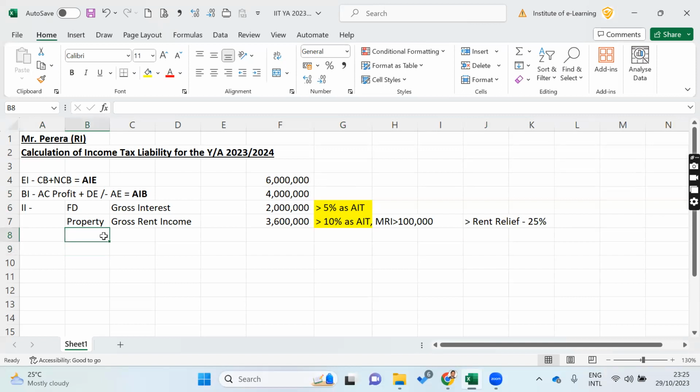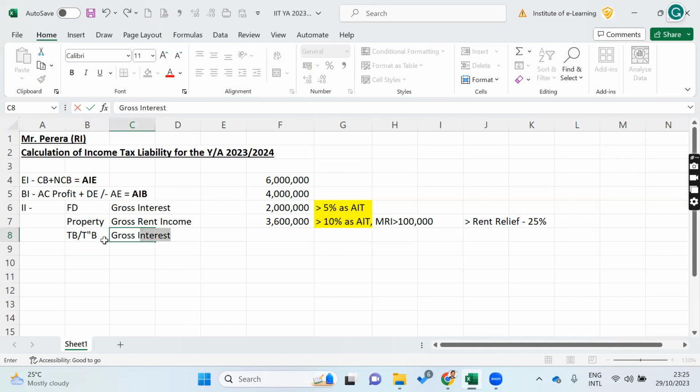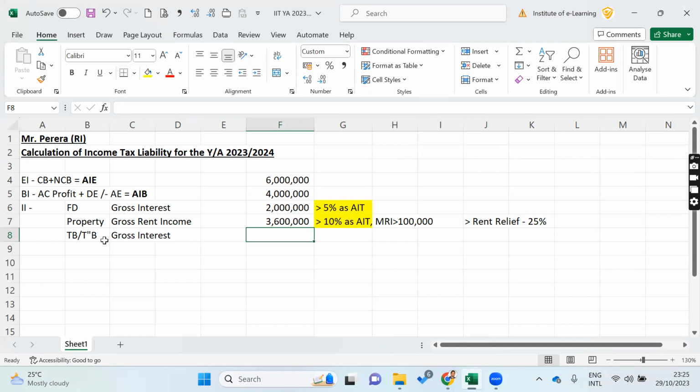And then if you have further extra money, you will go ahead with treasury bills and treasury bonds as well. Therefore, if you have that, you will get interest income. Then here, let's say 1 million, 1.2 million.